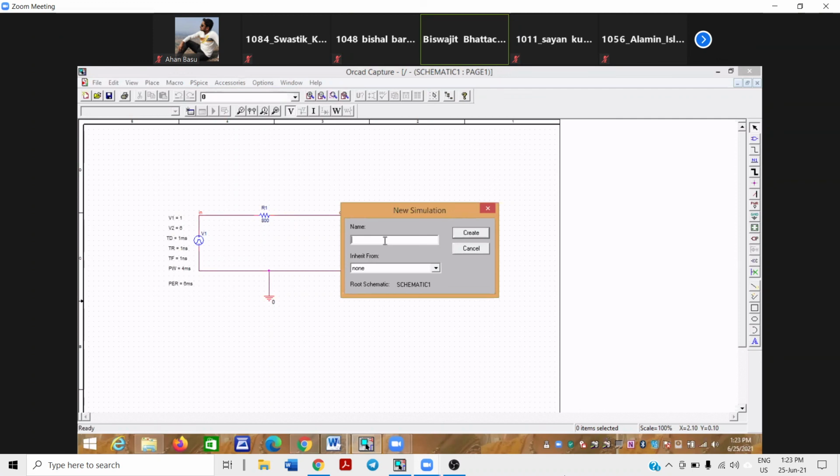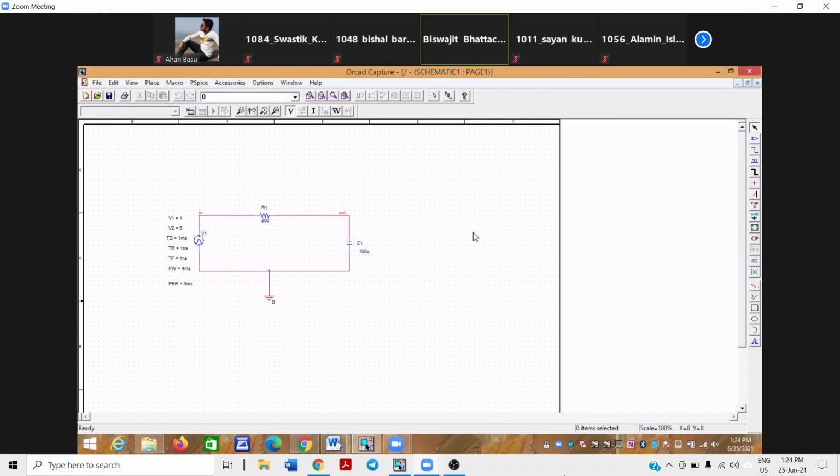Now the simulation name you can also give as test 1, same thing. But if you don't give, no problem. Or if you want, you can give sim1, better. I write sim1. So that is the simulation profile name. Then go to create.